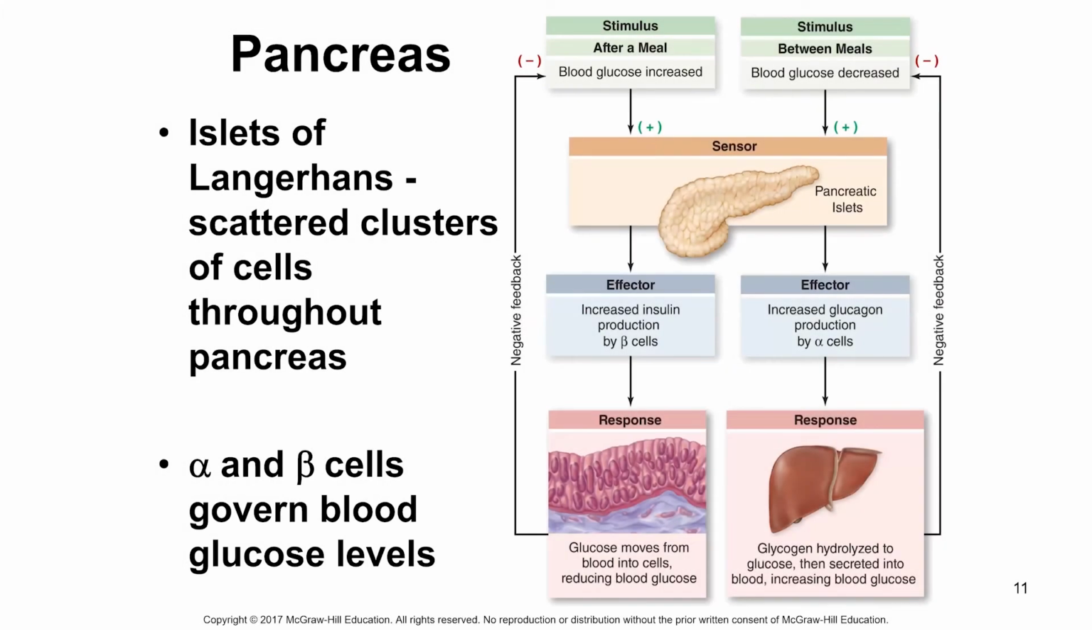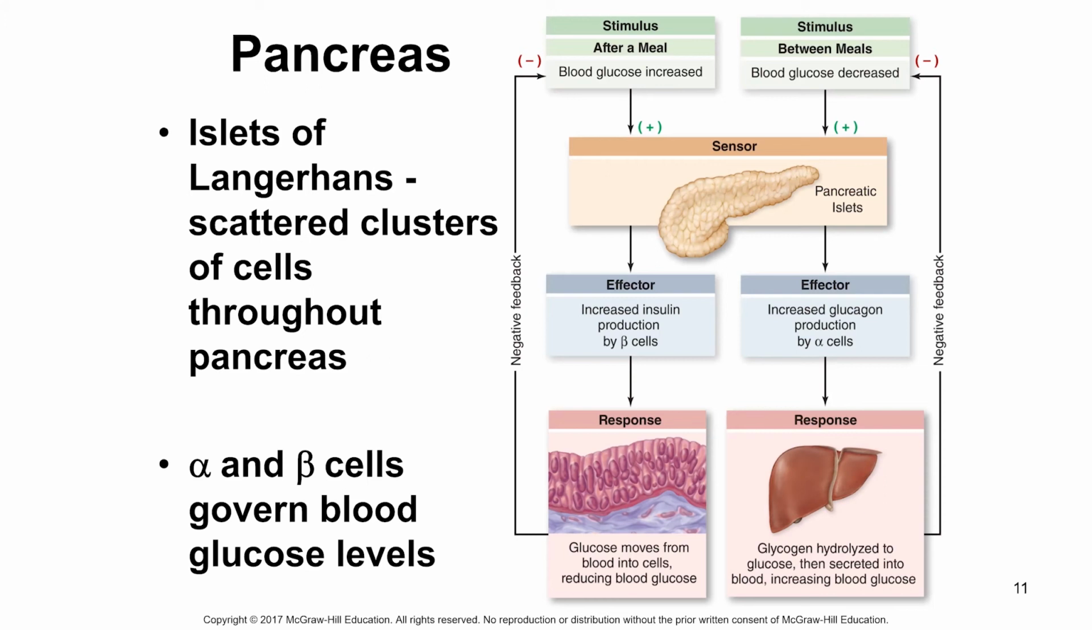So after a meal, when a person eats carbohydrates, blood glucose concentrations rise. And blood glucose directly activates the secretion of insulin by beta cells in the pancreas. These beta cells are found in the islets of Langerhans. In addition to that, increased blood glucose inhibits the secretion of glucagon by another type of cell in the pancreas